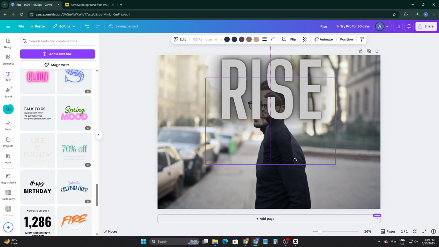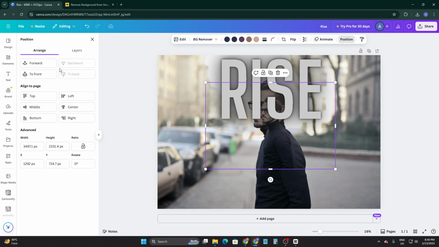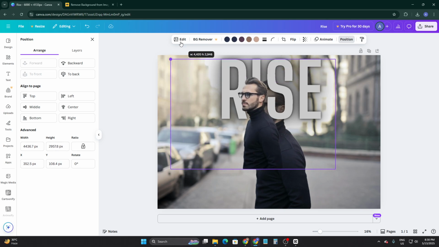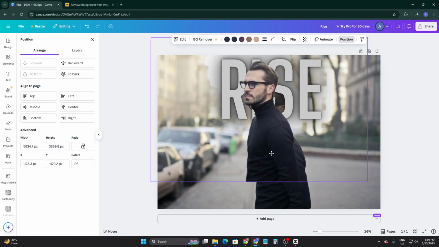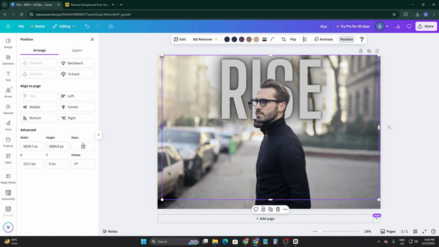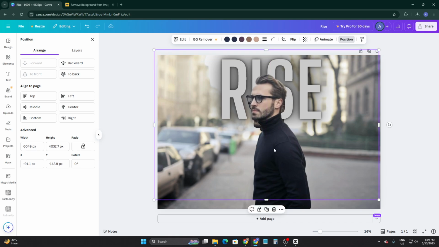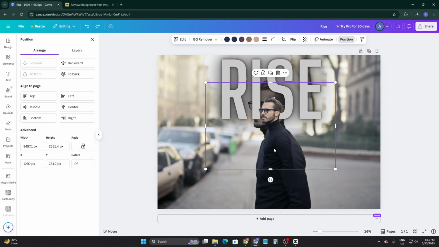Here it is. Here you can see it is under the text right now. So you have to select the background-less image here. Now you can simply click on position. Now simply click on forward and it will bring it to the front of every layer. So from here you can just adjust the size,